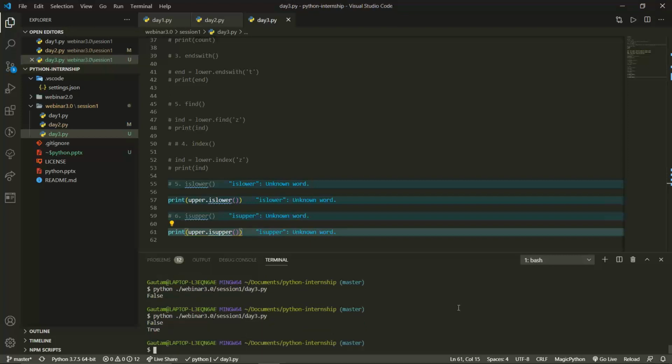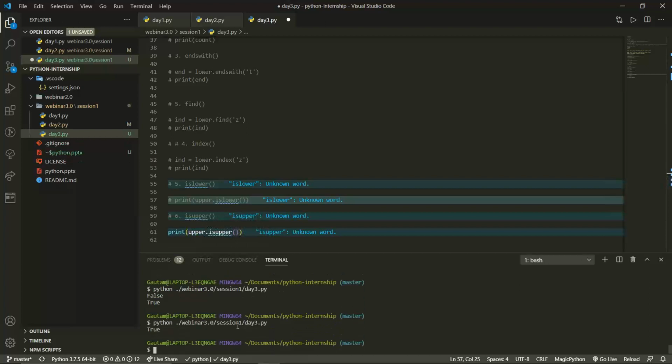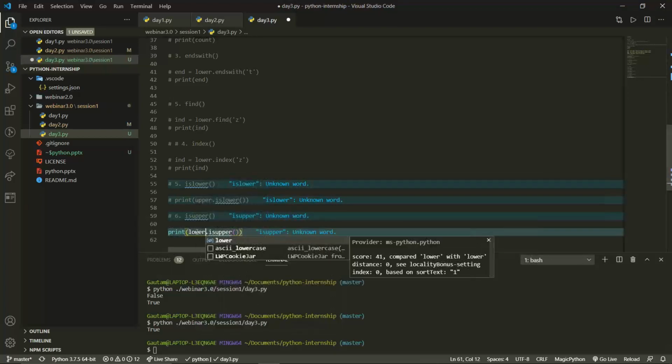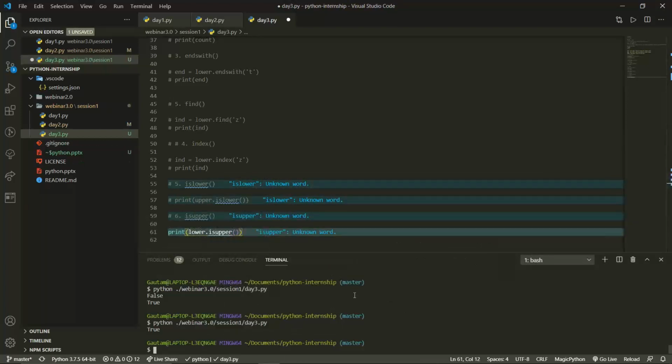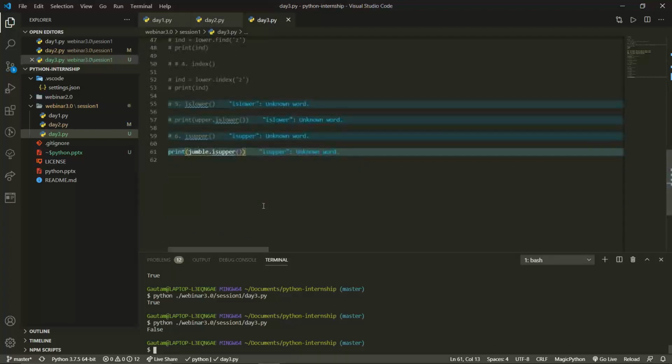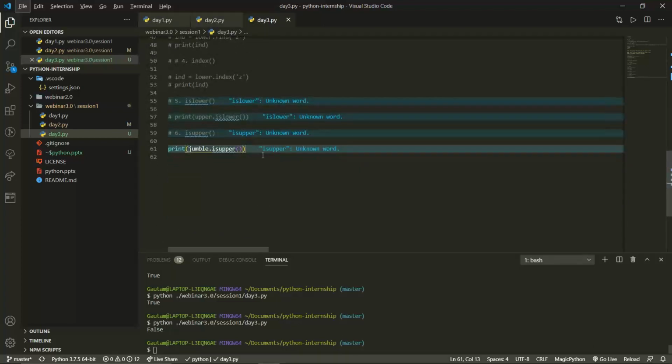Now we're going to execute this. I need to comment this and execute. So for upper, isUpper, yes, it is true. But when we shift this to lower, then it is not true. Or if you want to pass the jumble, then also it is not true. So it gives you false right over here. So this is isLower and isUpper.